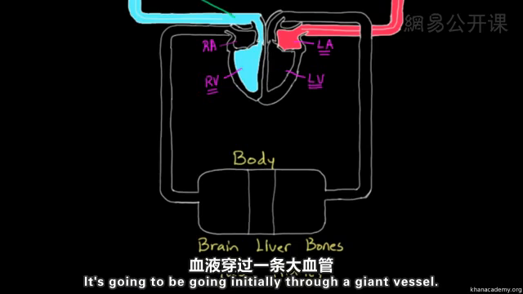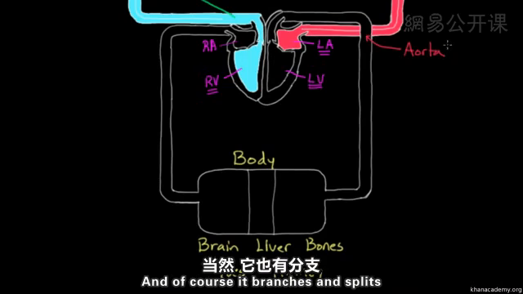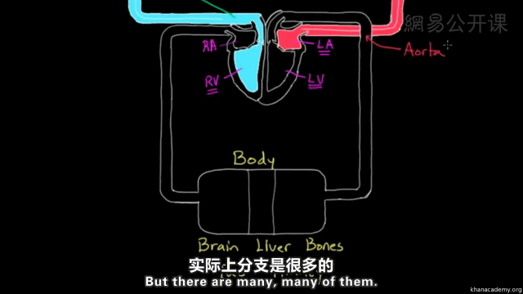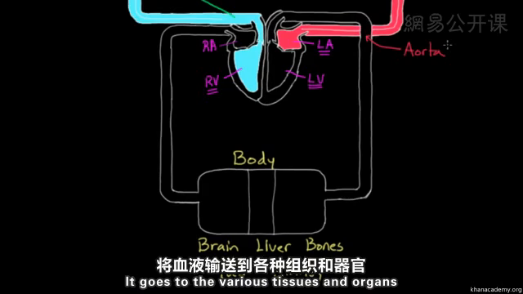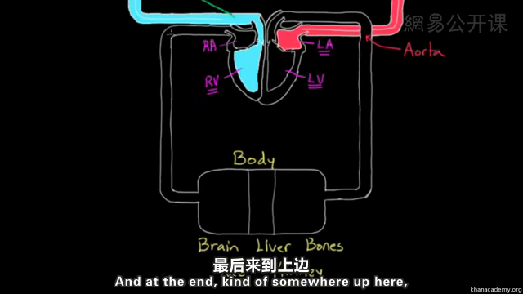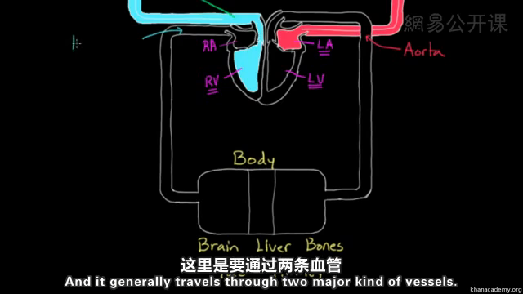It's going to be going initially through a giant vessel. This vessel I'm going to label, let's say here, as the aorta. So this large vessel is the aorta, and of course it branches and splits, and I haven't shown all the branches that come off the aorta, but there are many, many of them. It goes to the various tissues and organs, and then it comes back out on the other side, and at the end, somewhere up here, it's going to go back to the right atrium, and it